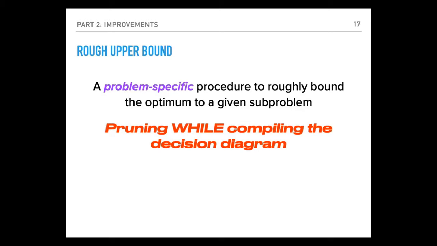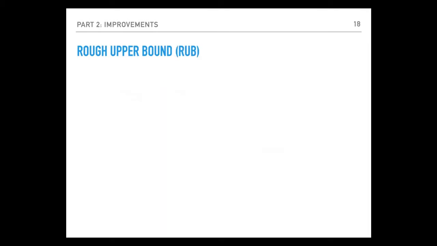And this very cheap procedure is used while compiling a diagram. That means that it's basically the same idea as the branch-and-bound, but during the compilation of the MDD. So let's go over an example. Assuming that we